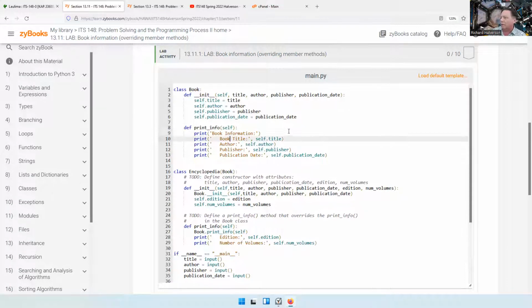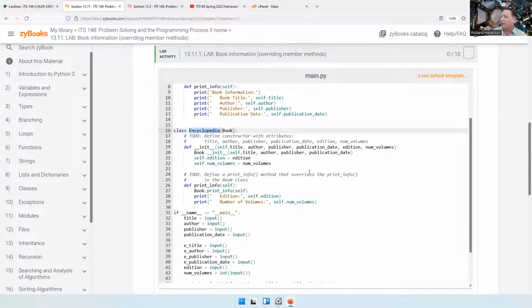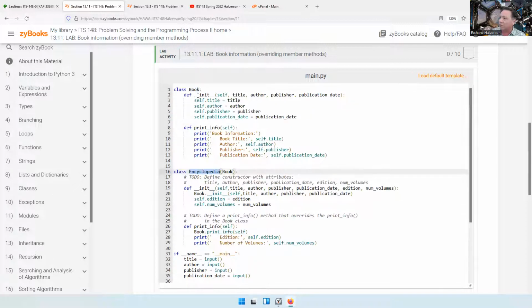And then you want to create something bigger than a book, an encyclopedia. An encyclopedia is just like a book, according to this, except it's got two extra attributes that are important: the edition and the number of volumes. And so with an encyclopedia, when you want to do a print info,